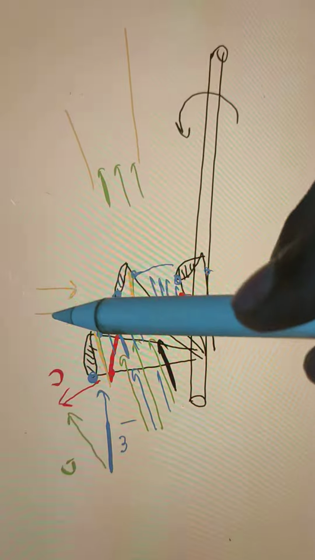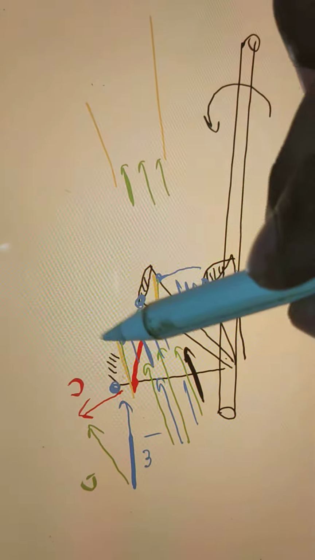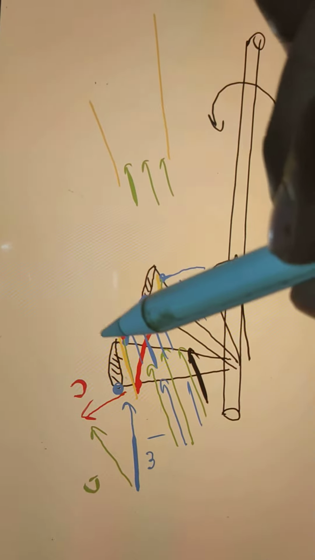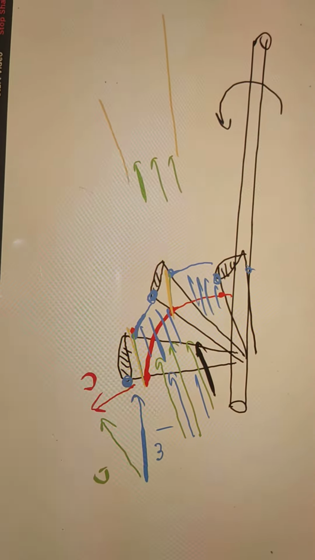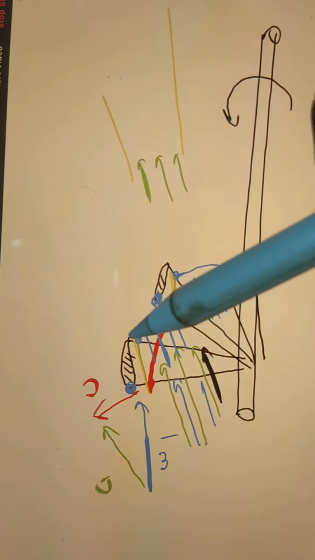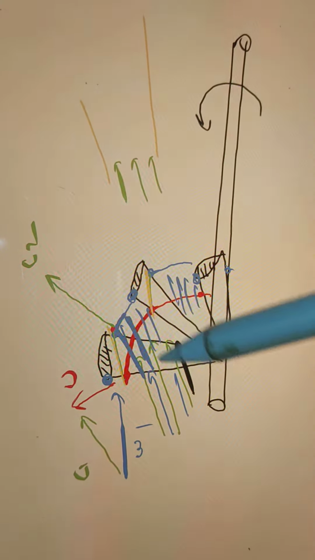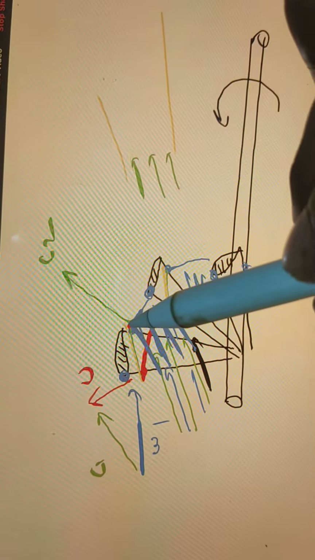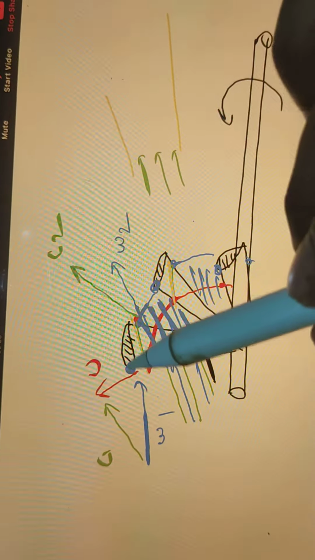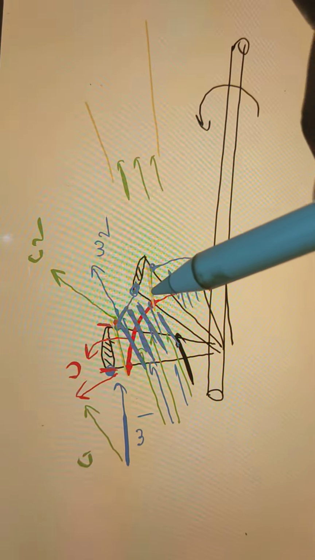Same thing will happen at the exit also. After passing through the rotor, the velocity will increase. So the length of the velocity will increase. Let me use the color. The length of velocity will increase. It means it will be C2. But because the flow has come out from the diverging passage, your W2 will be less as compared to W1.